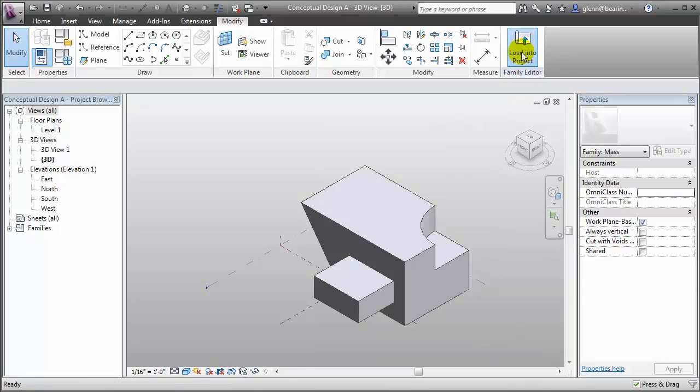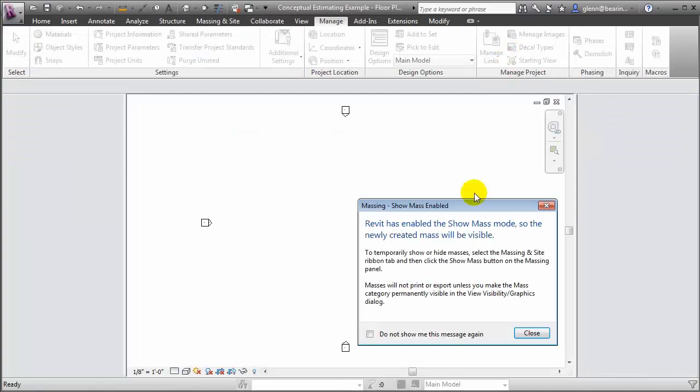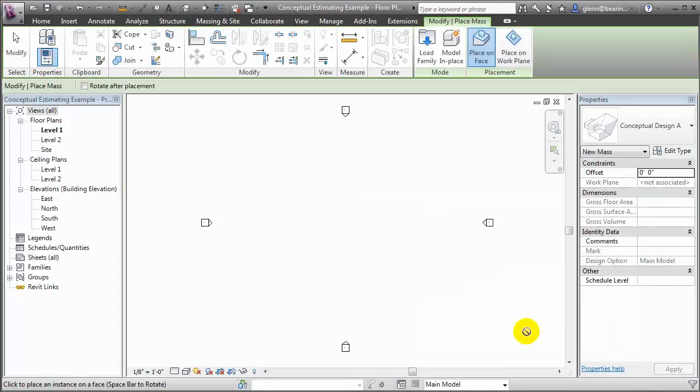And then load it into our project. By default, masses are hidden in Revit projects. This warning is telling us that masses will be shown so that we can see the results of our work. Let's close that. Then we'll switch over to one of the design options,